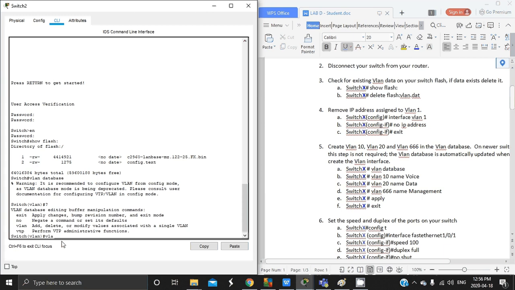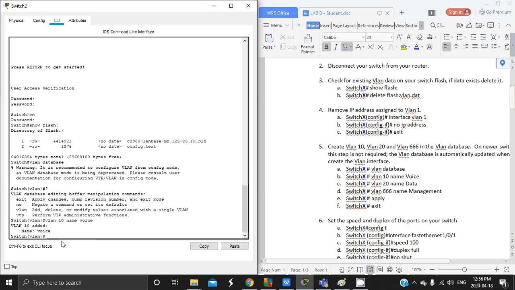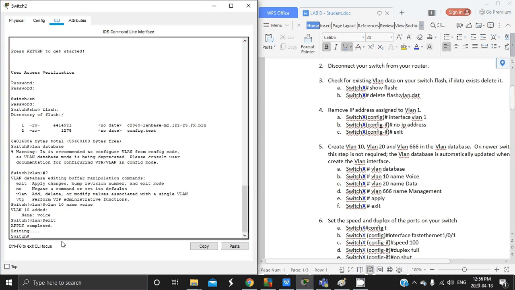We're going to be doing 3 VLANs, 10, 20, and 666. I have those configured on the other end. So VLAN 10. Name, I'll just say voice, but it doesn't actually matter. Okay, and then I'm going to exit